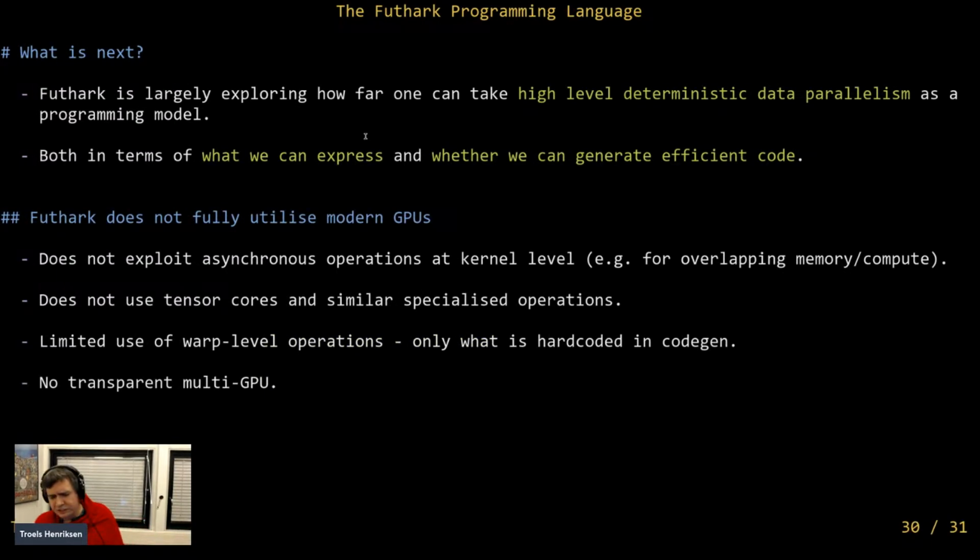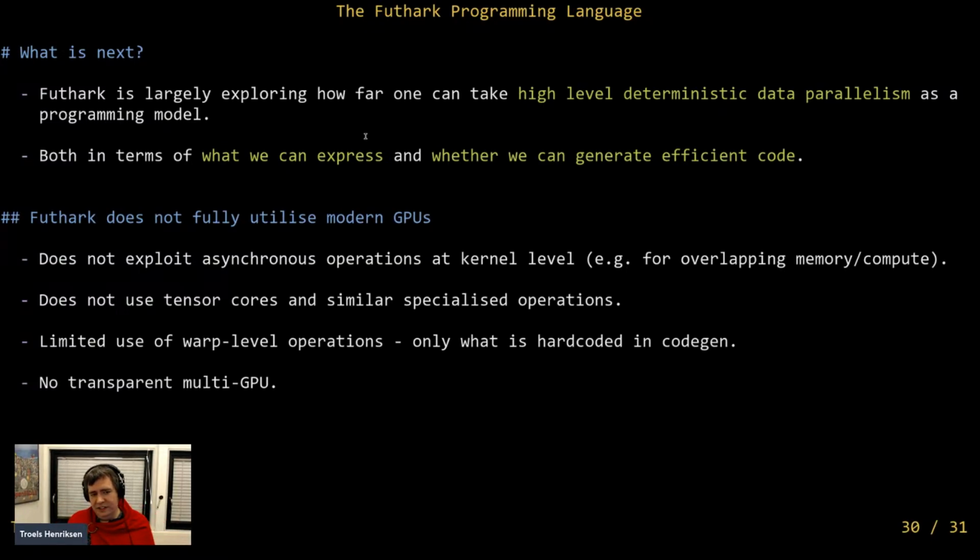Okay, so what's next for Futhark? It does actually work. It's a pretty nice language. I like using it, especially for prototyping things, because you can write things in a fairly natural way, if you're a functional programmer at least, and its size types help you, and you can run it on a real GPU and see what happens. So the research challenge that we're still exploring in Futhark is to see how far we can take high-level deterministic data parallelism as a programming model. We know that there are things that you cannot do in it. The question is, what can you do, and can those remaining problems be fixed?